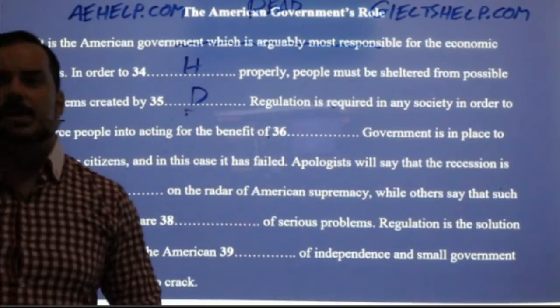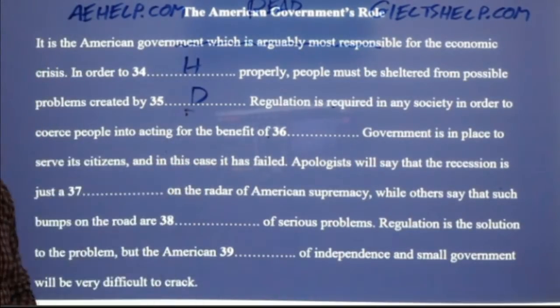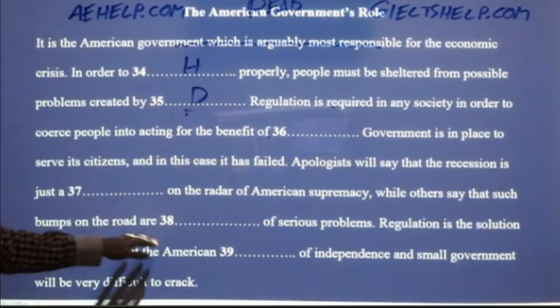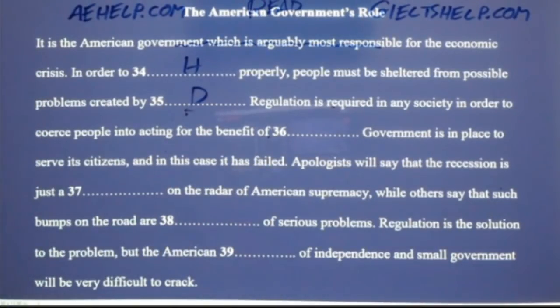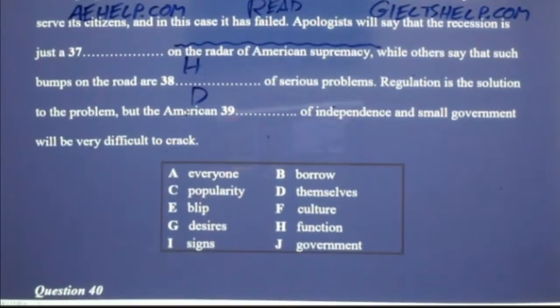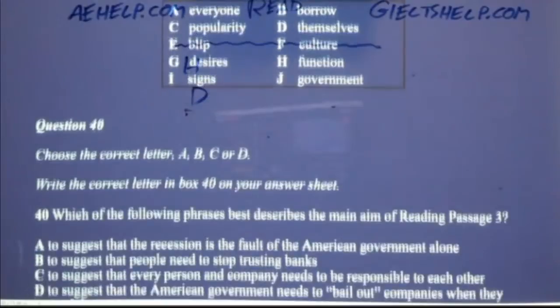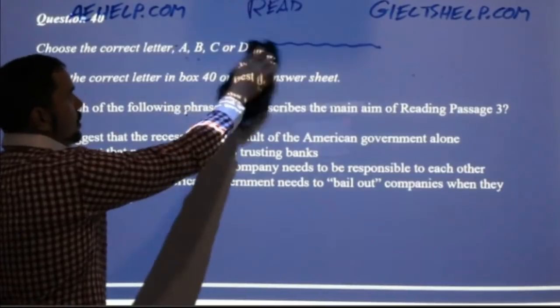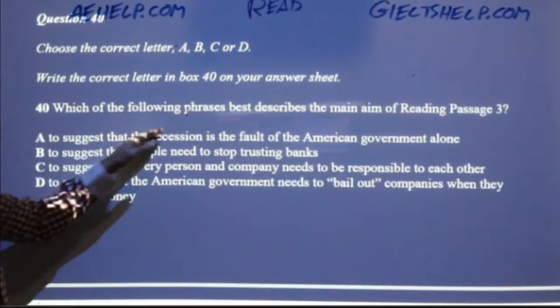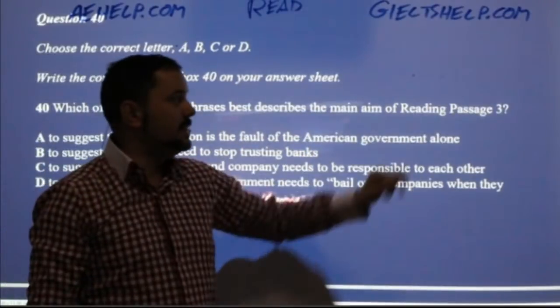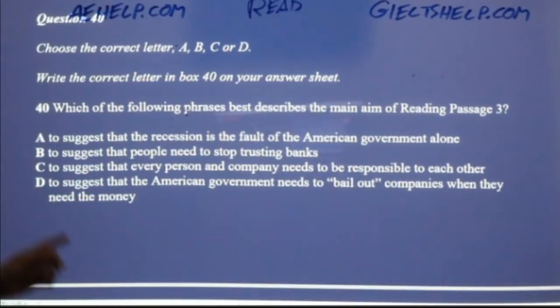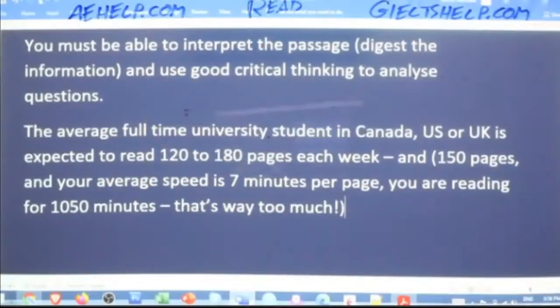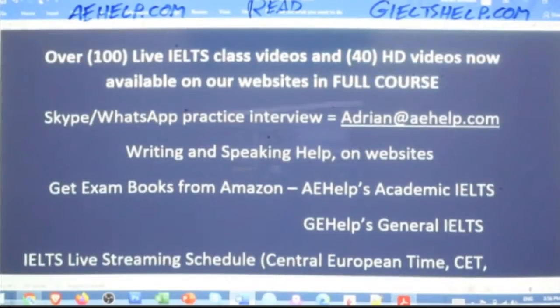All right, everyone, I'm going to leave the rest of this to you: 36, 37, 38, 39. Figure that out on your own. Here are the choices. Here's question 40. This is a nice challenge for everybody to work on until tomorrow. Which of the following phrases best describes the main aim of the reading passage? There are the choices. Answer that on your own, and when you think you've got the right answers, send them to my email, and I'll give you the answer key